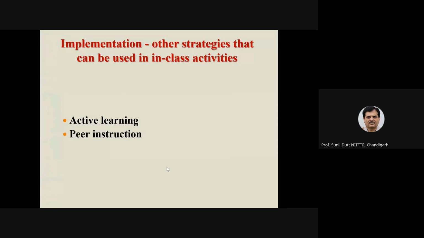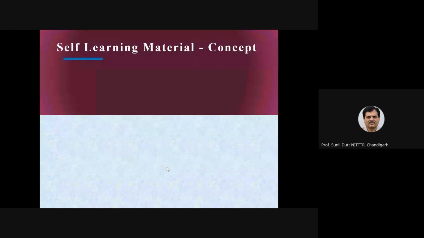Then peer instruction, where students can teach each other by explaining the concepts. Collaborative learning could increase student engagement, enhance student understanding, and provide collective intelligence. Problem based learning can be spent working on a problem, followed by discussion or debates, etc.